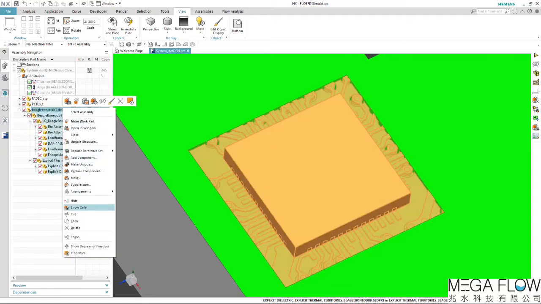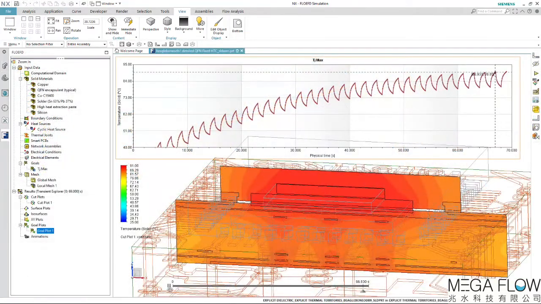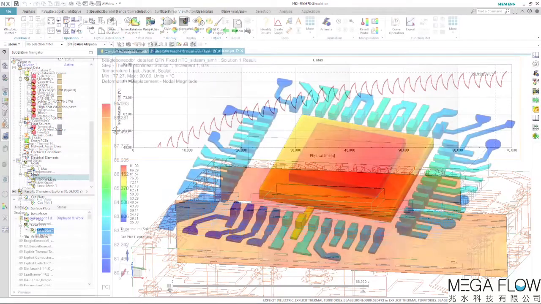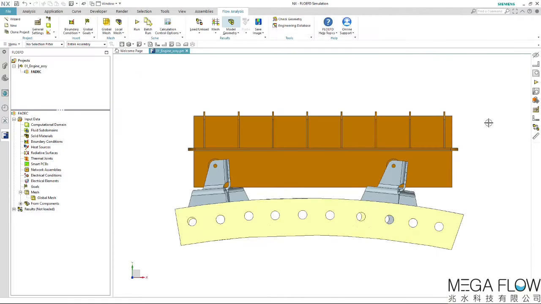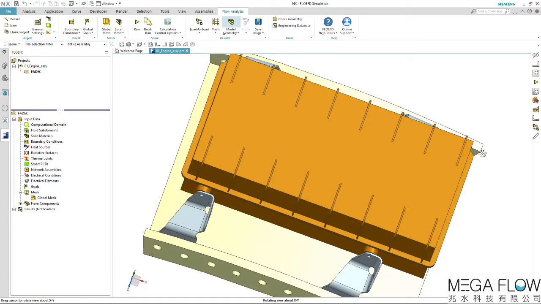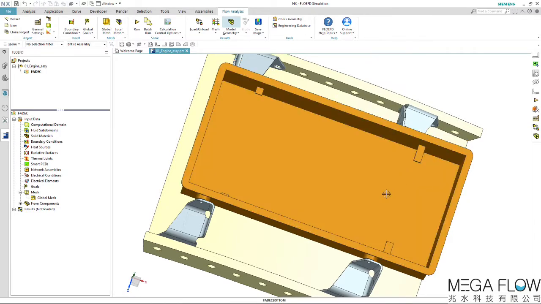FloEFD for NX can be used in a fully integrated workflow with SimCenter 3D for thermal, mechanical, and thermo-mechanical studies. This workflow video will outline the steps of such an approach. A full authority digital engine control, or FADEC, unit is modeled in SimCenter FloEFD for NX mounted on an engine